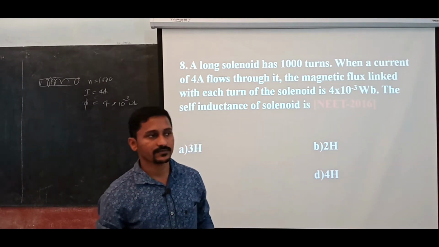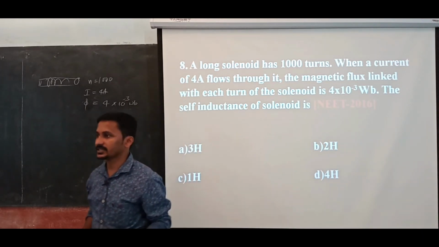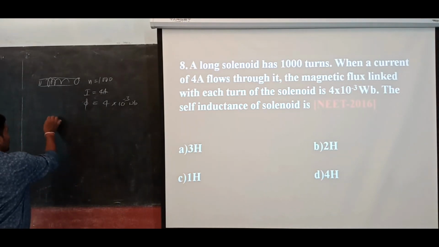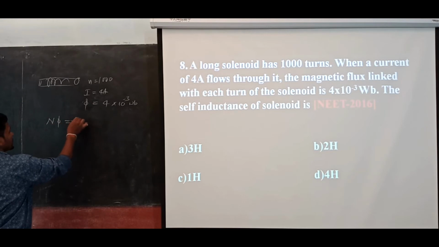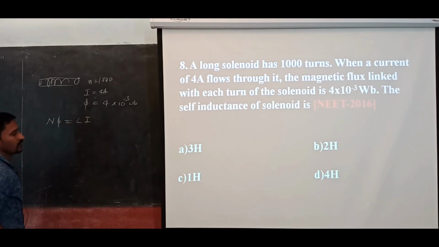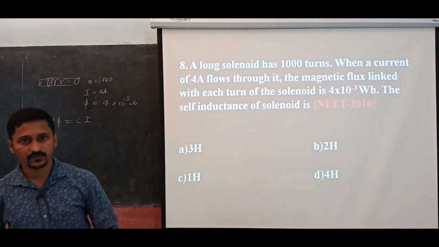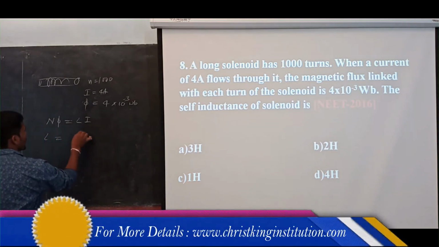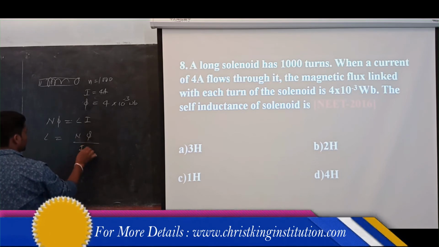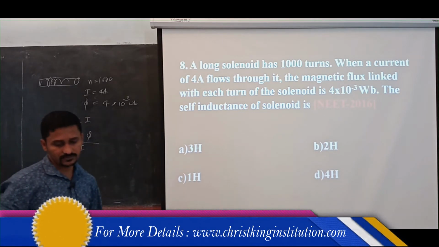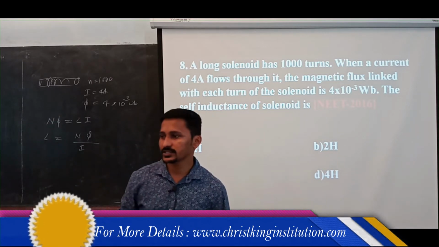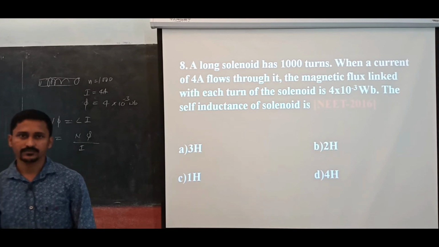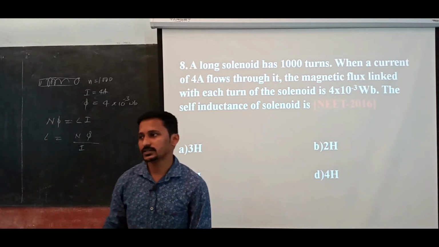Right, dear students? What do you mean by electromagnetic induction? What do you mean by self inductance? You know that in electromagnetic induction, N times the magnetic flux linked with the coil is nothing but L into I. Simple. Everything is given for us. You have to find the self inductance. L is equal to N into phi divided by I. Of course, it is moving charges and magnetism, but electromagnetic induction is related here. That is a combination of both things.